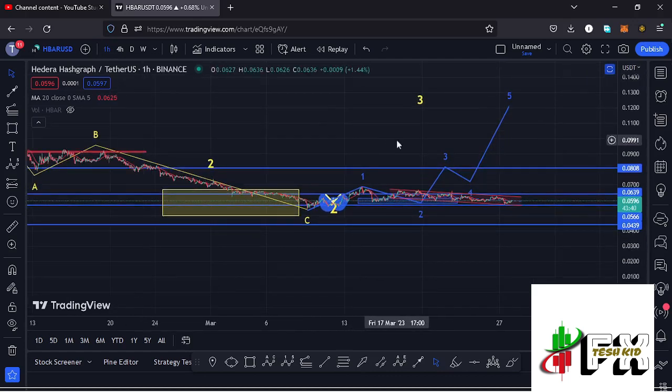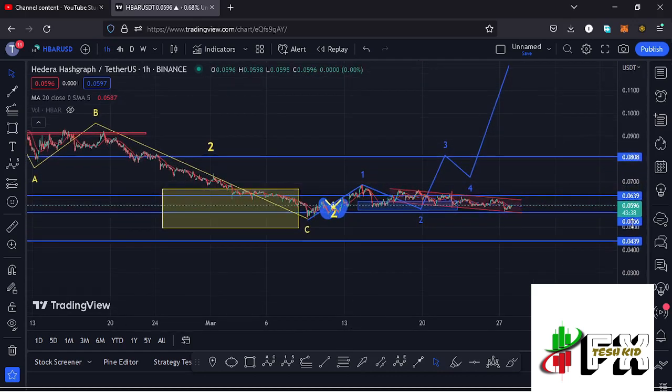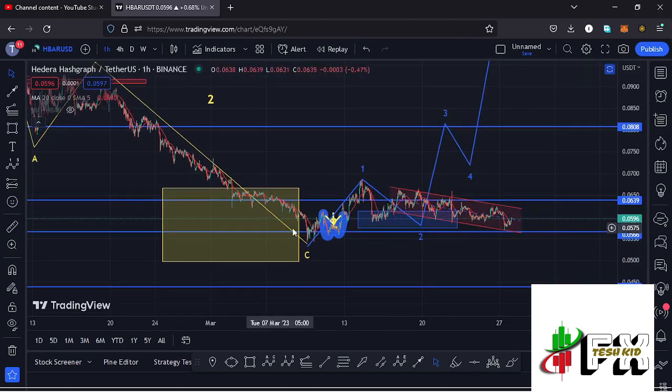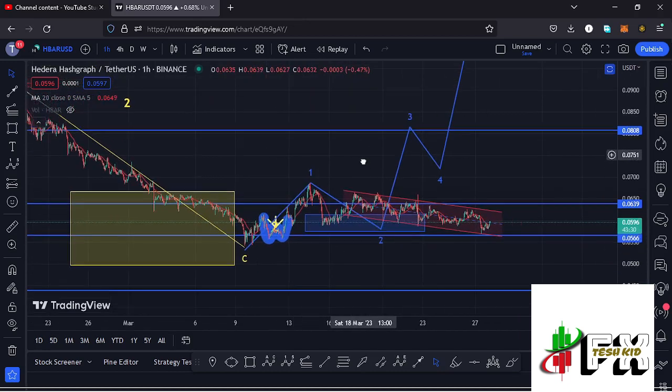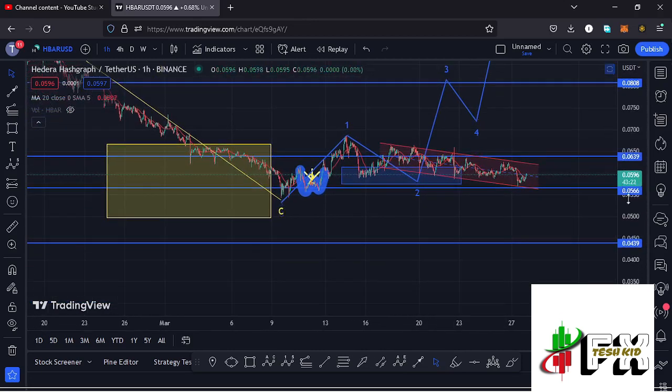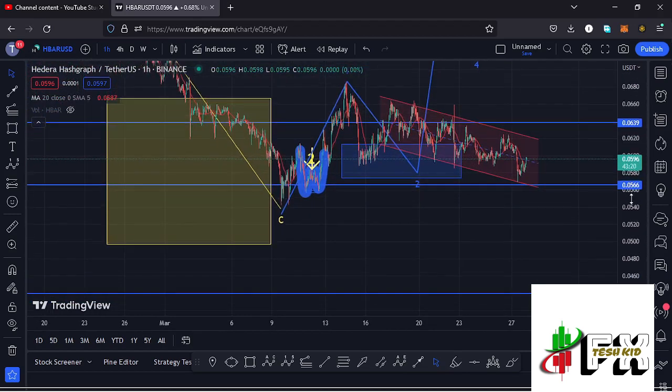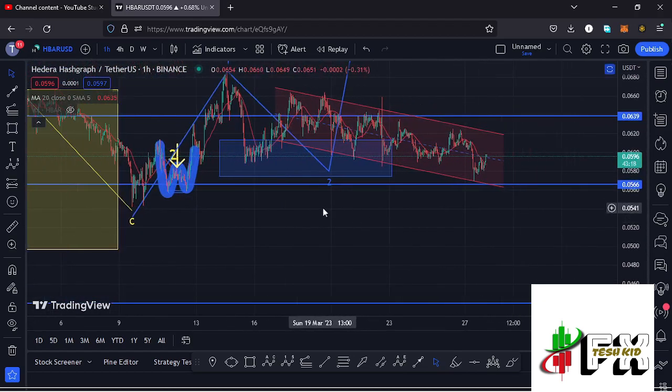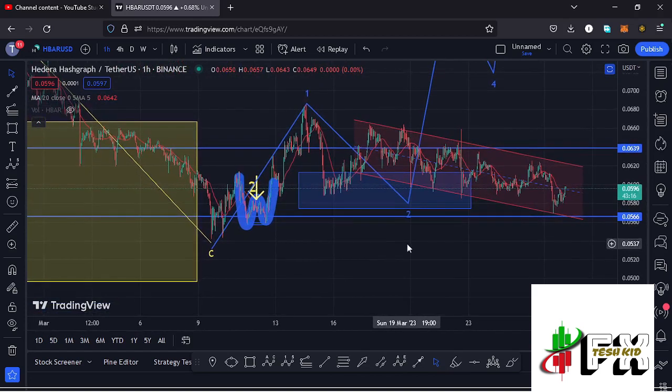Here on the 1-hour chart, you can see that after seeing our low in the formation of this wave 2 within this yellow target area, we started this massive run up to the upper side obeying the Elliot wave structures, where you can see that I have this Elliot wave structure in blue, which is a micro Elliot wave count within the formation of that larger Elliot wave count 3, where we have now peaked in the formation of that first wave to the upper side, and having peaked in the formation of that wave 1,